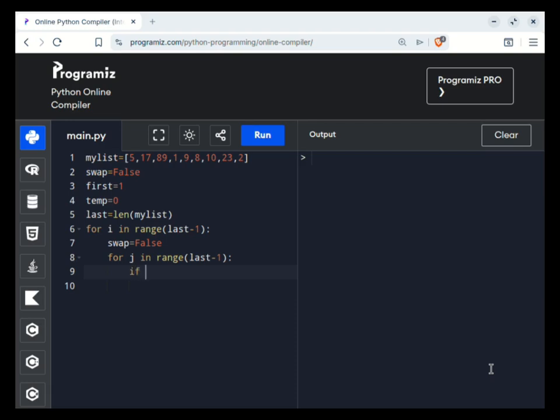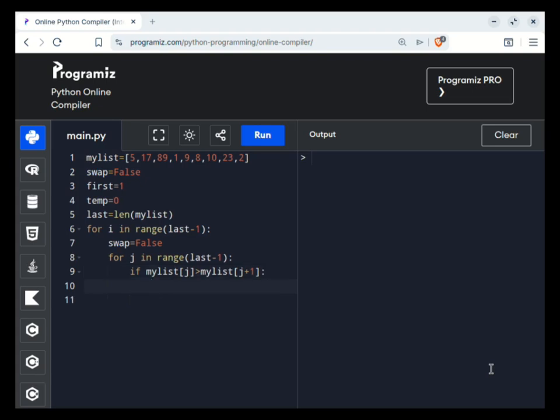If my list, so if what I have in j location is actually greater than the element adjacent to it, and the element adjacent to it is j plus 1, then